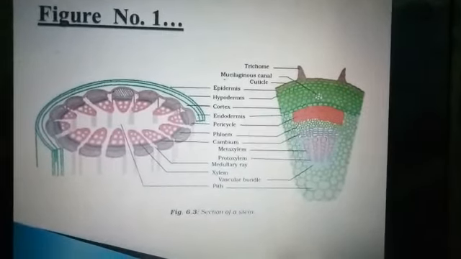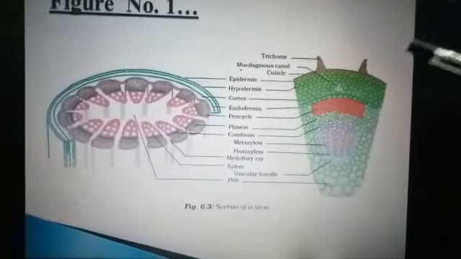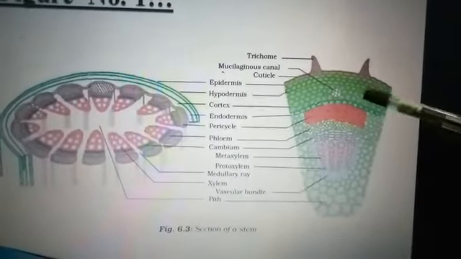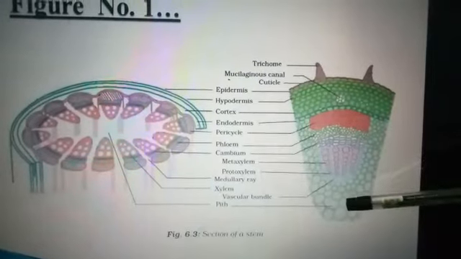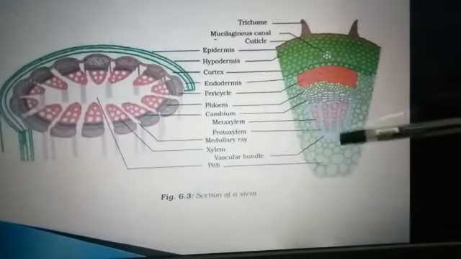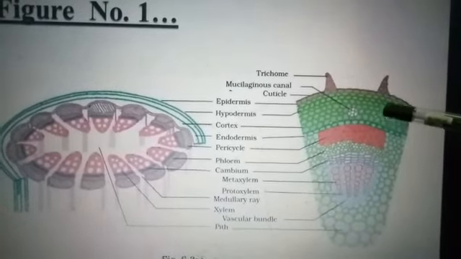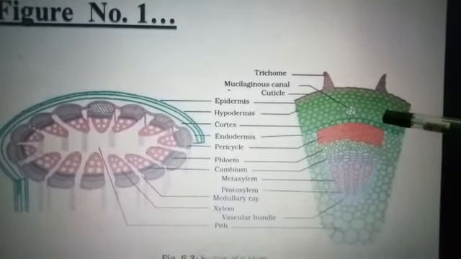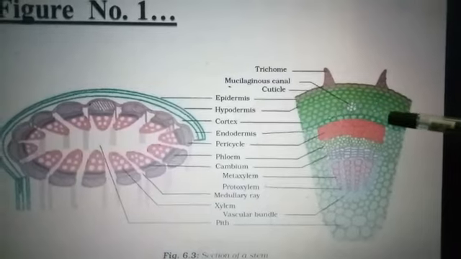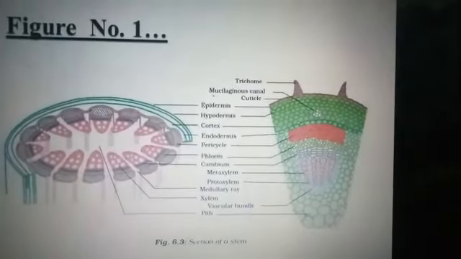Next, in the same slide, just look at the shape. All these are circular shape, and these are also circular shape. And just look here, the small white gaps you are observing, not this one, this one, these gaps are known as intercellular spaces.